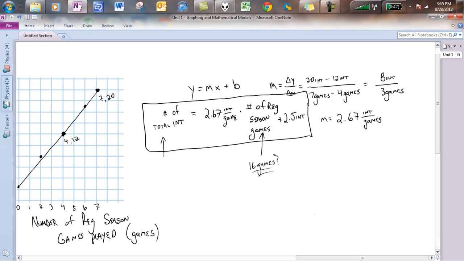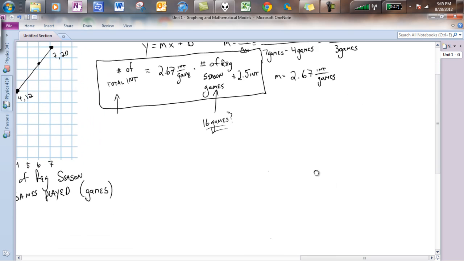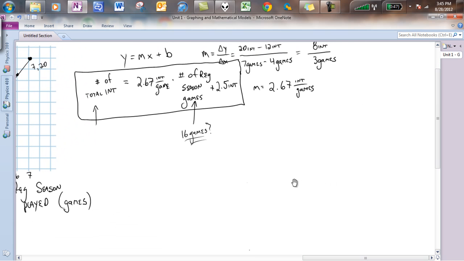So we have our mathematical model. The next biggest thing is meaning of the slope. So meaning is really important. So meaning of, and we're going to look at the slope. Slope is the easiest because you literally just say what the slope is. It is